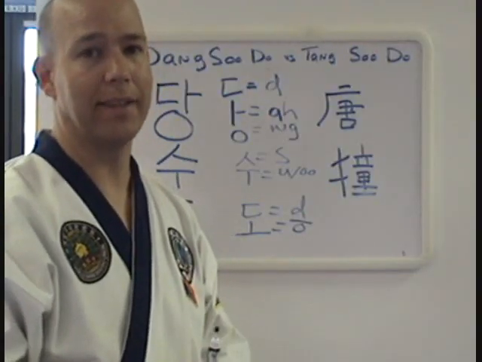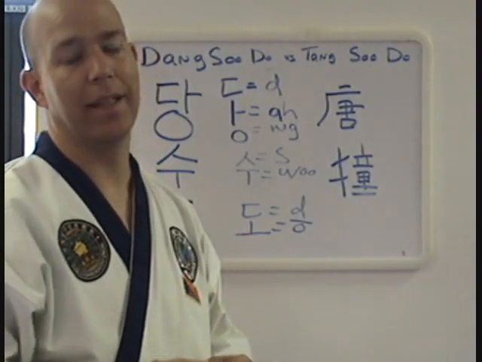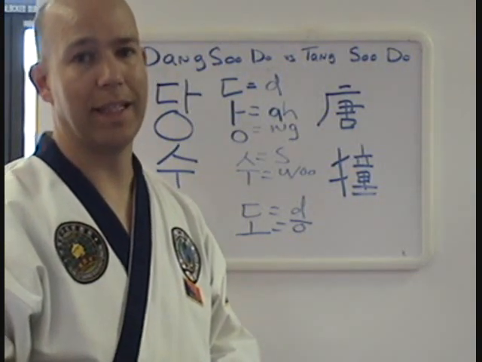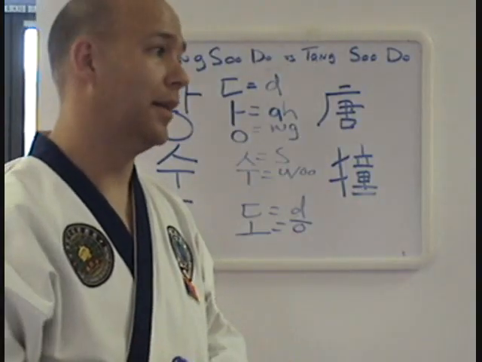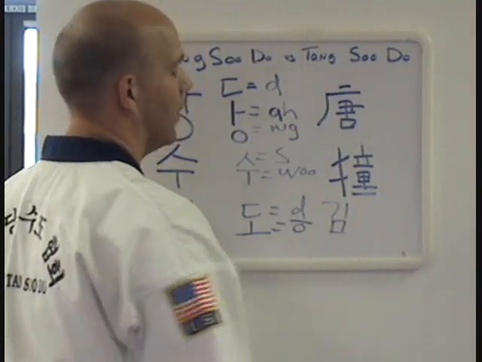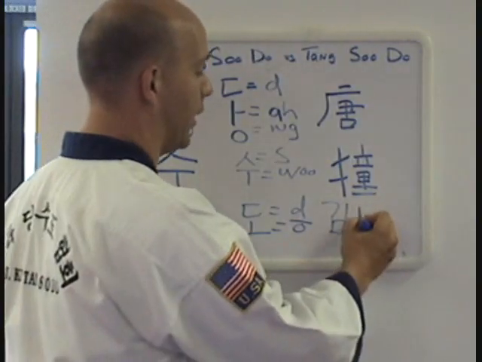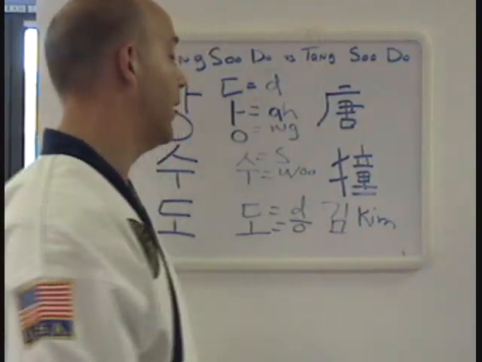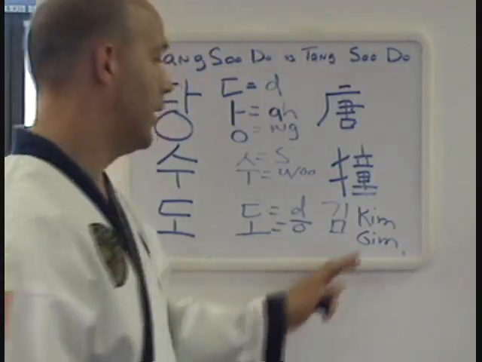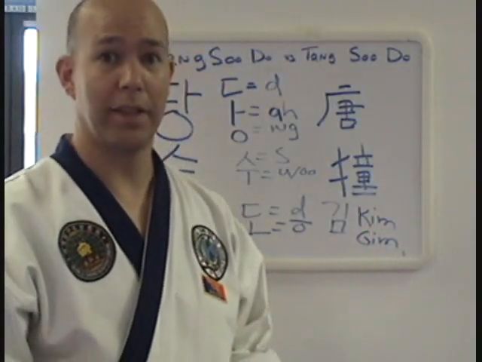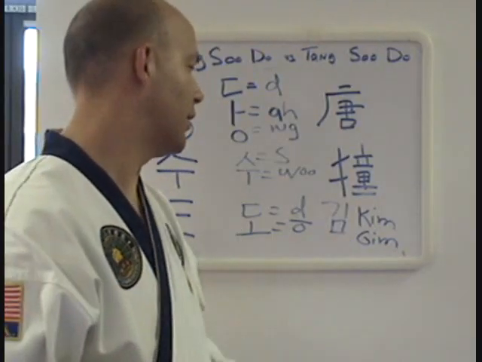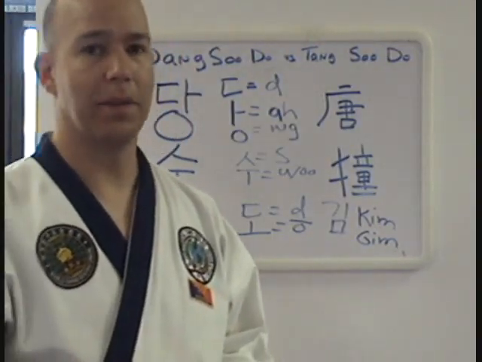It could be just semantics, but I do realize that people have been using it so long that it's almost impossible to change to get away from the T. That's what people know it as. I could give you another example right here. Okay. That is the spelling for Kim. Okay, the Korean official translation of that is, so you have like 50 million people that need to change their name from a K to a G. I don't see that happening. So, that's one of the things that's also set so hard that it's almost impossible to change.